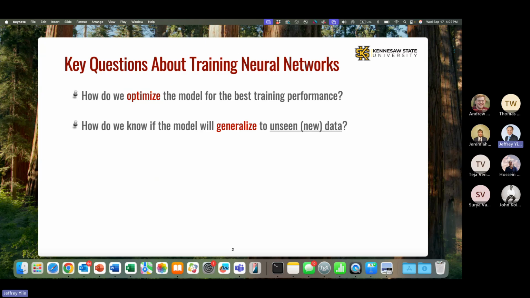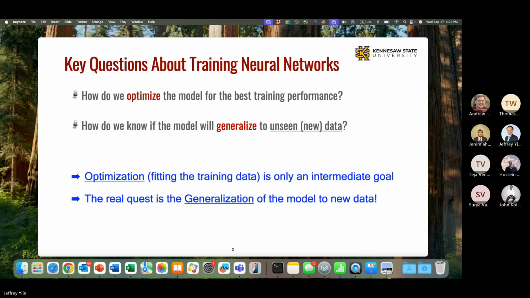But the second question is more important. Once we have that trained model, how do we know if this model can actually apply or generalize to new, unseen data? The first step really is to give you known data, known output. You start to train to get the optimal results. But the second one is more important. Once you have that trained model, can we apply that and generalize it, get similar performance on new data? That's essentially what we need to